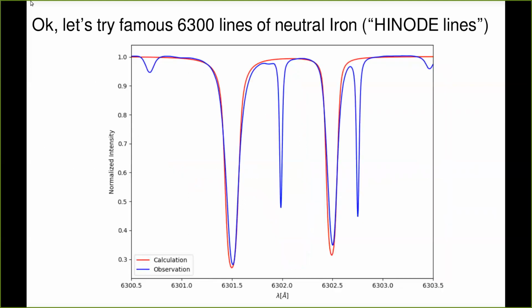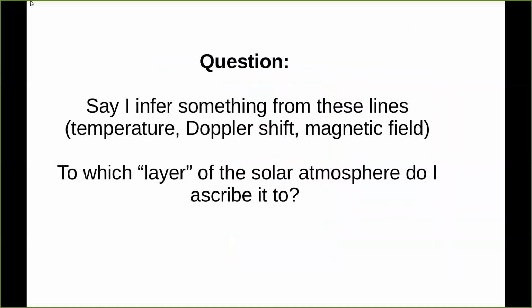Okay, so instead we're going to take some simpler lines, still not perfect agreement. What I'm plotting here are the so-called Hinode lines. These are two lines of neutral iron, which are much closer to what we call the LTE approximation. However, you see that there are a few aspects where they disagree with the blue line, which is the atlas here. I'm not going to go into that a lot. If you're interested, we can talk about it. Let's just say that FAL C is not sufficient to reproduce these lines, and these lines are not purely in LTE. There are some small ionization departures that are important to take into account.